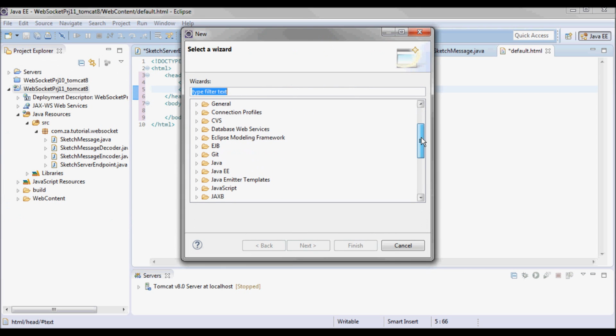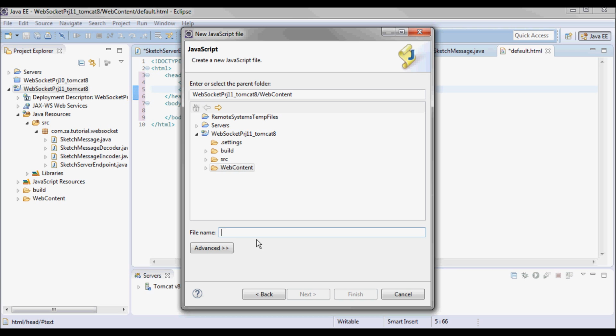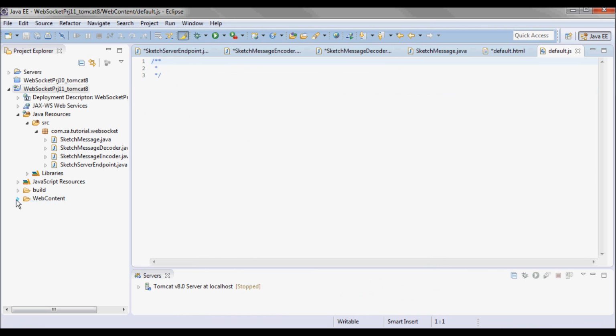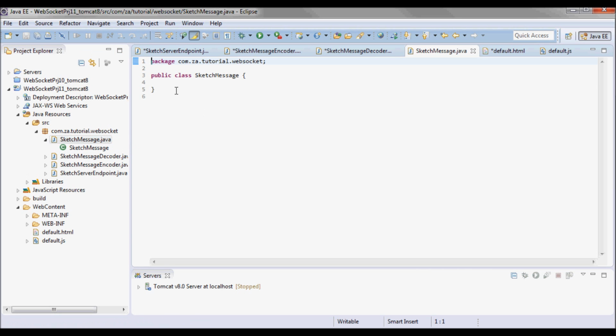So let's go ahead and create it. And let's go back to the message, which will contain an X and a Y coordinate, and a size and a color, and getters and setters for those values.